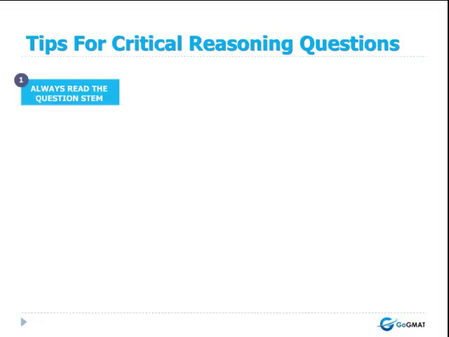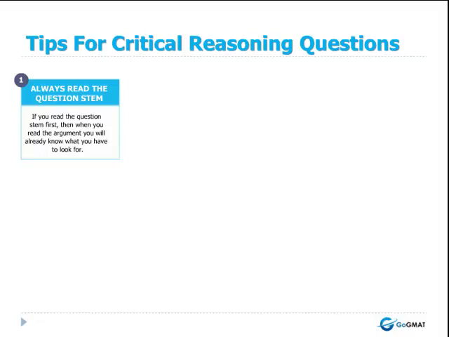When you see a critical reasoning question, read the question stem, the question, before you start reading the argument. If you read the argument first and then read the stem, you will probably have to use up time rereading the argument to find specific details required to answer the question. If you read the question stem first, then when you read the argument, you will already know what you have